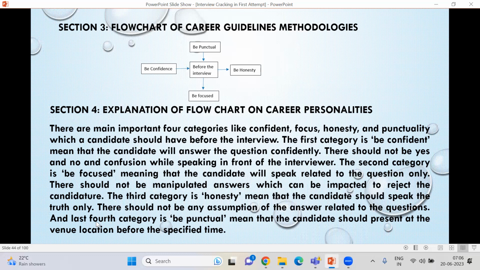And last, the fourth category is to be punctual, meaning that the candidate should be present at the venue location before the specified time.